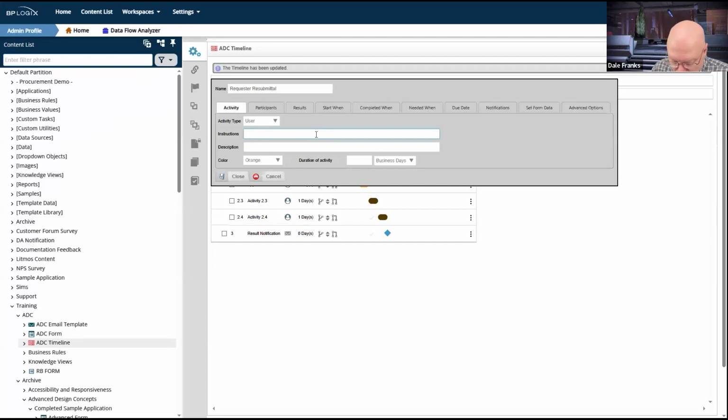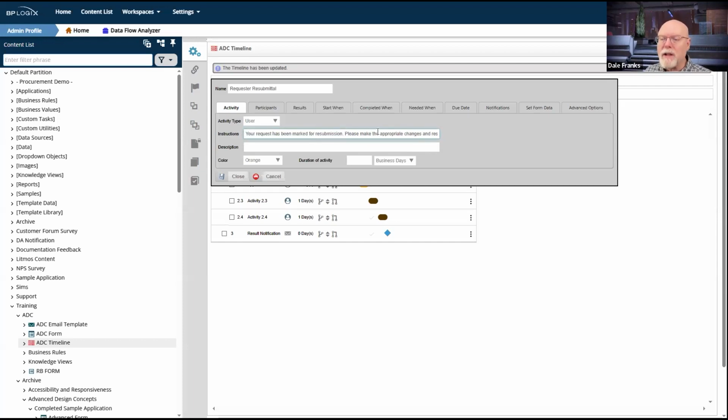So I'm going to want to tell them your request has been marked for resubmission. Please make the appropriate changes and resubmit. I want to use appropriate rather than required. Okay, great. So now they have instructions that tell them what's going on.